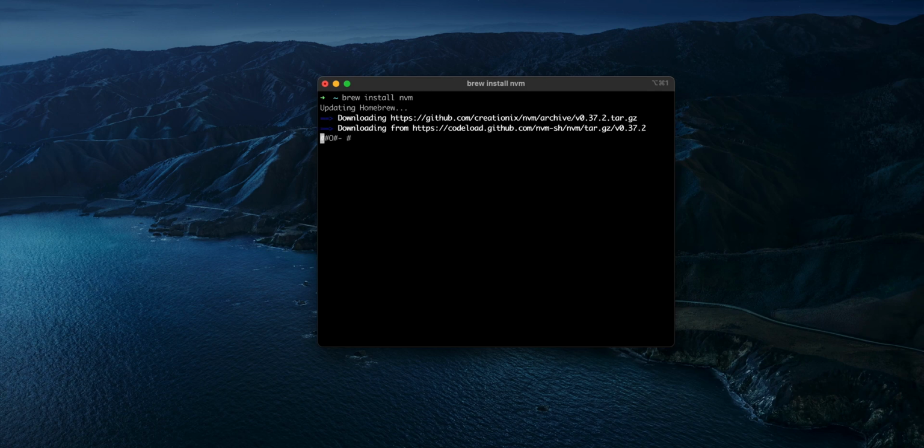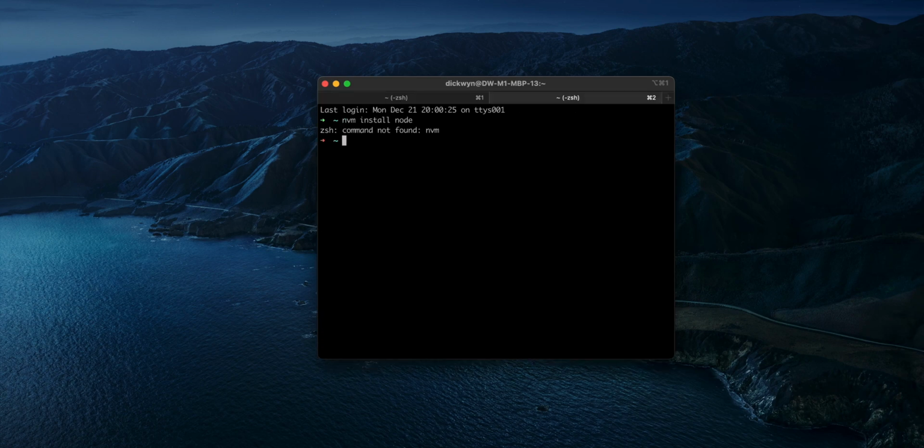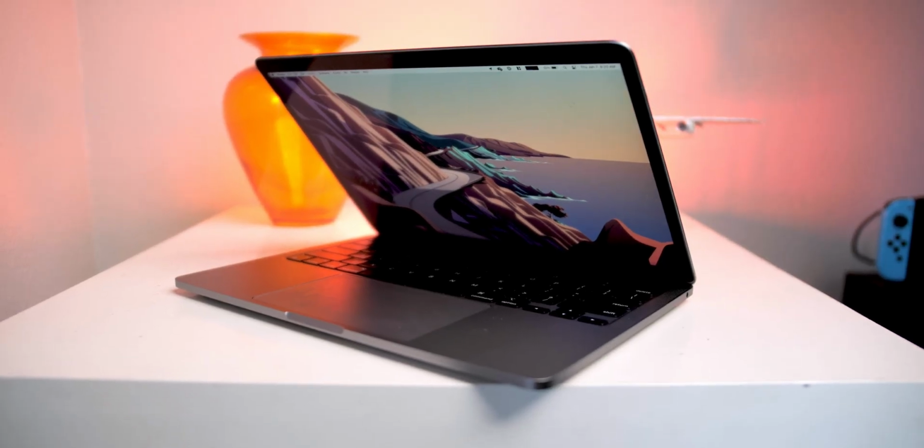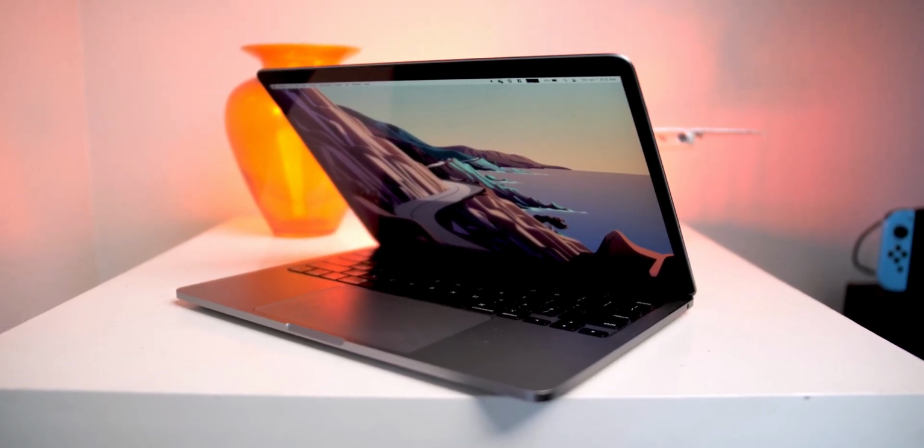Sure, I have previously shown that the apps that I use on a day-to-day basis perform well on this machine, but I haven't yet been able to try out anything that I wouldn't normally do on this M1 chip. After the initial hiccup that I had while trying to get my software development environment set up on this M1 equipped MacBook Pro, I kind of feel like maybe it's good to wait out a little bit longer